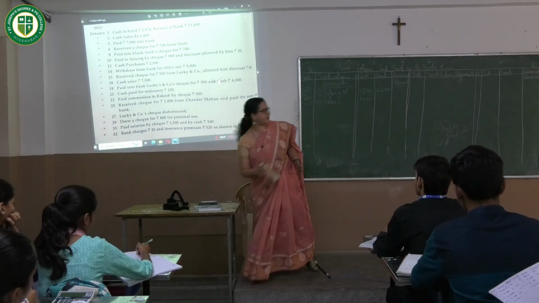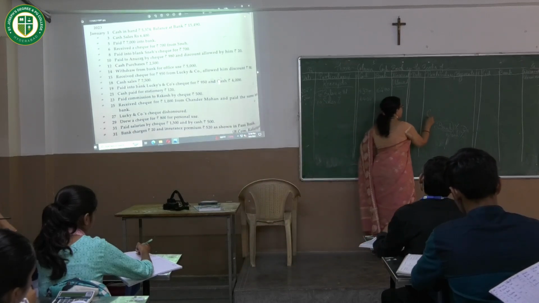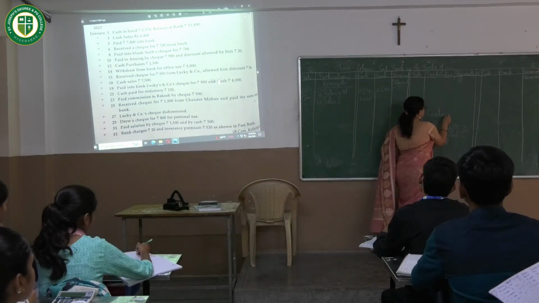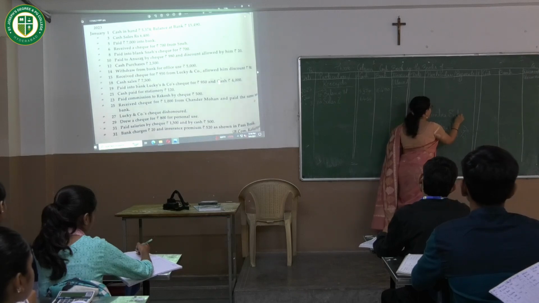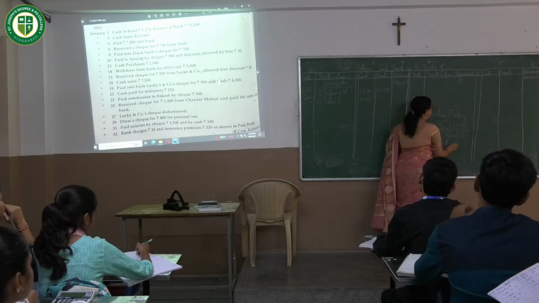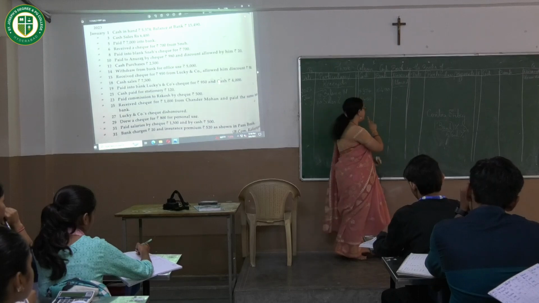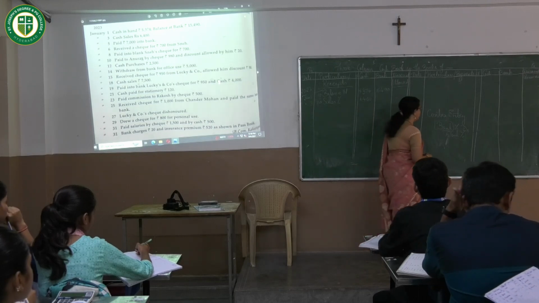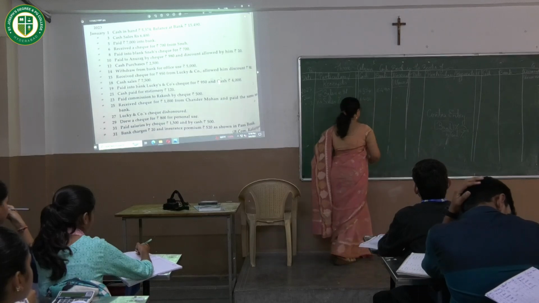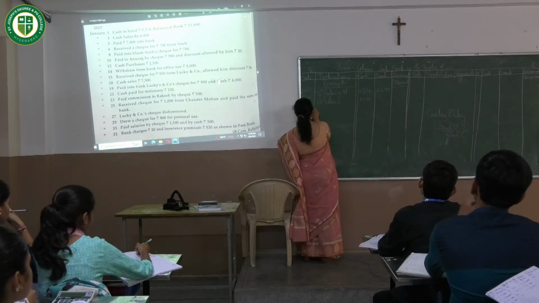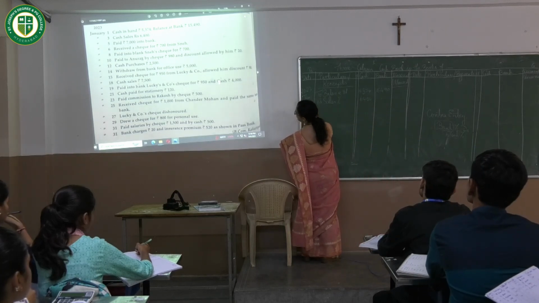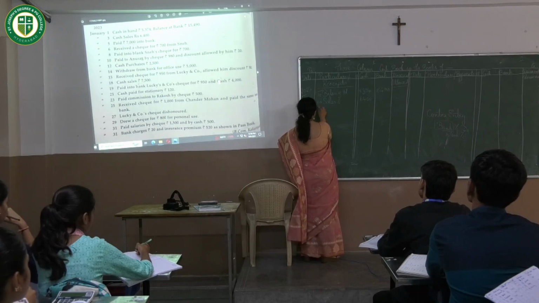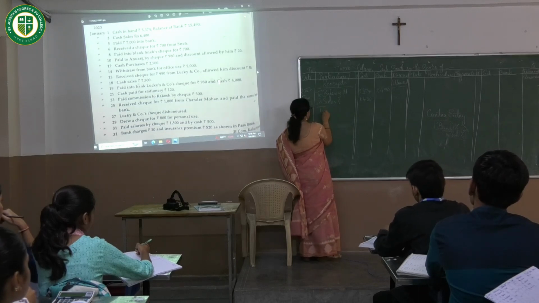Such transactions are known as contra entries. And when we have a contra entry, we have to make sure that we record the posting once on the debit side and once on the credit side. So if you see, the bank column is being debited. This is as on 5th of January. It says bank account debit to cash.